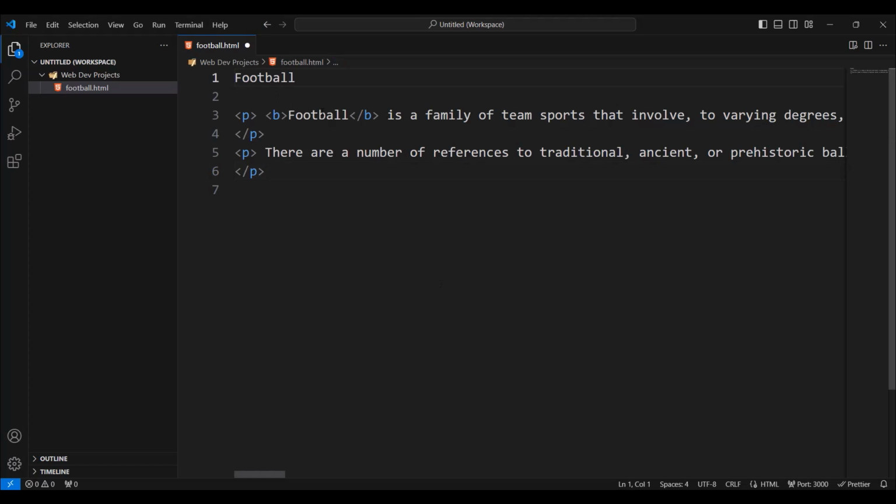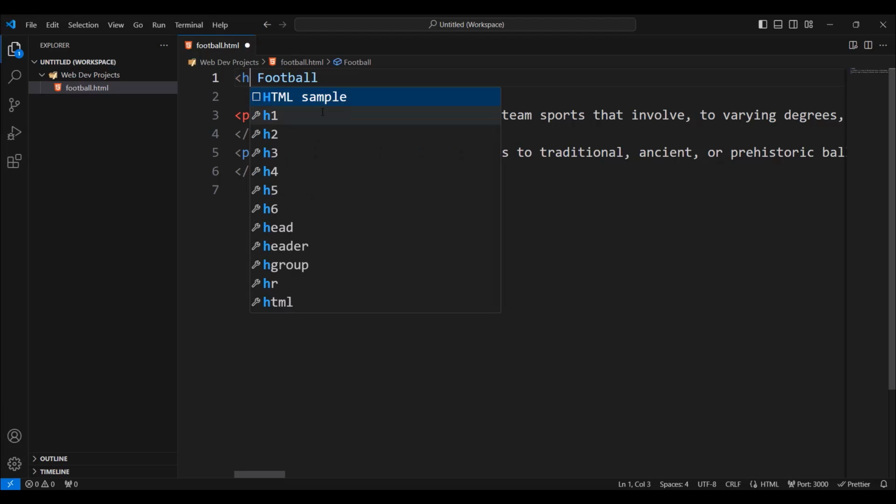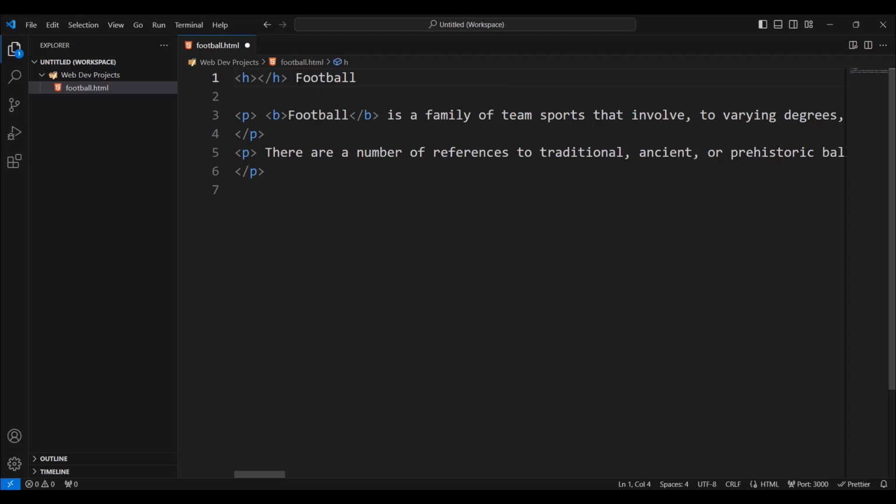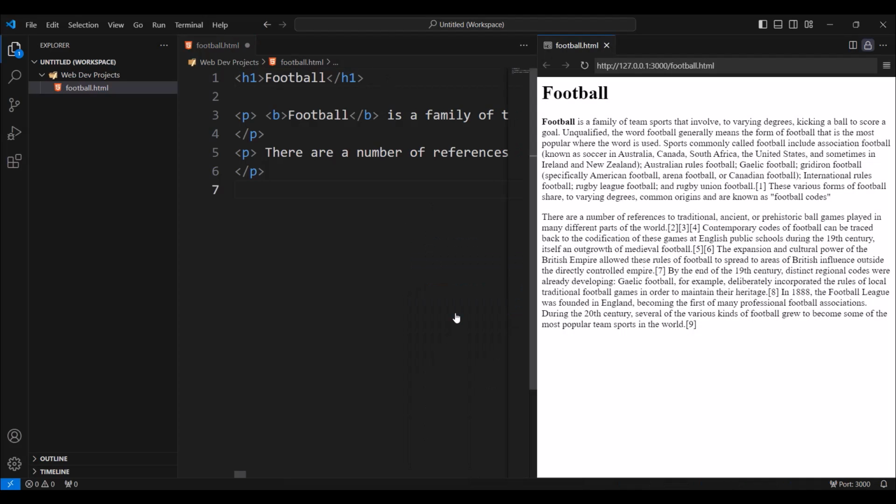So I'm gonna use H1, push that, and I will take this and paste it here between the tags. So now we have an H1 heading, very careful. And now if I show this in preview, as you can see, we have the title here, and it also added this space here because this is a standalone element. It's having its own space.